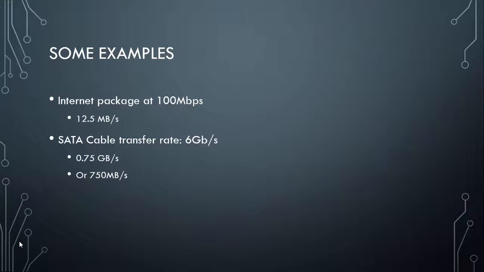Right. Similarly, inside your computer, a lot of stuff is done through data transfers. One of the most common data transfers is through SATA cables. A SATA cable has a data transfer rate of, let's say, about 6 gigabits. If you were to take that full capacity, and usually they don't run that high, 6 gigabits per second is actually only about 0.75 gigabytes per second, or only 750 megabytes per second. So you can see it's not quite as powerful looking once you actually start putting this into terms of bytes